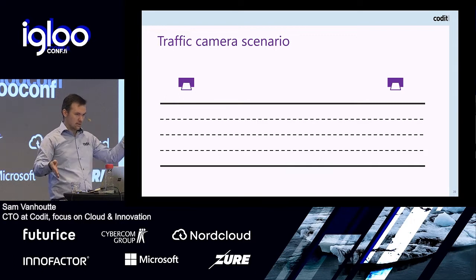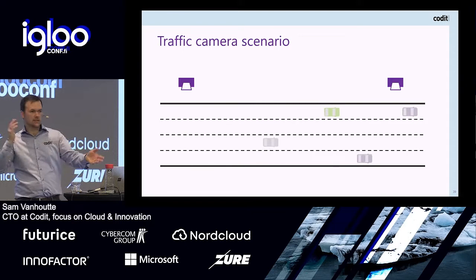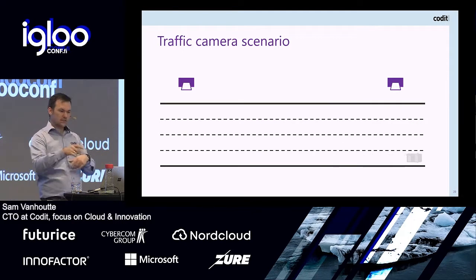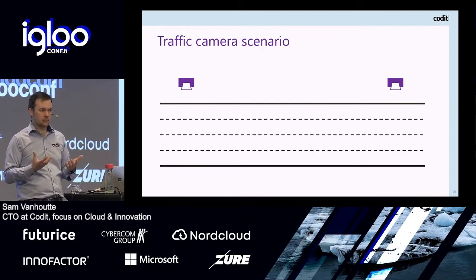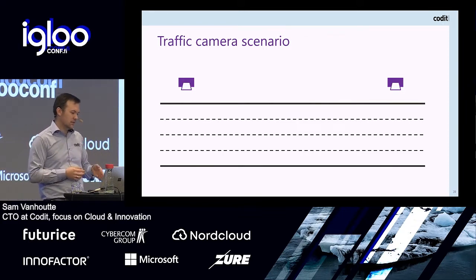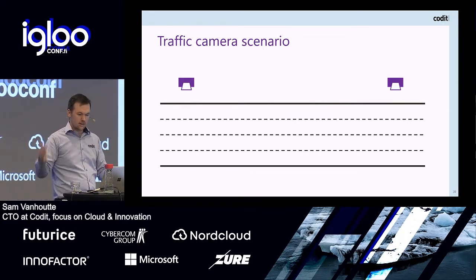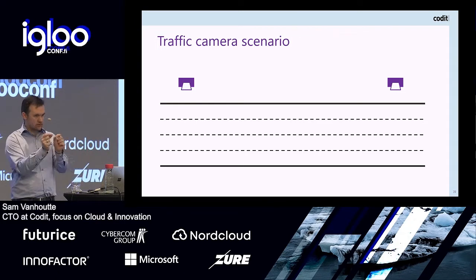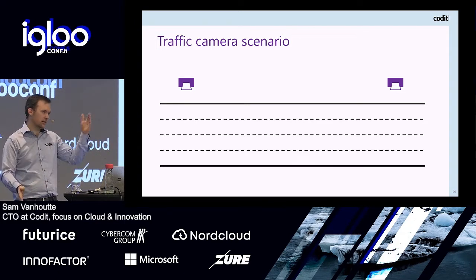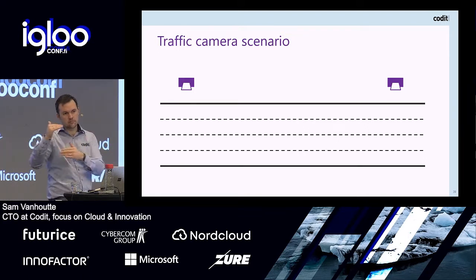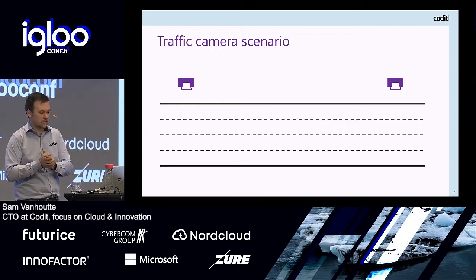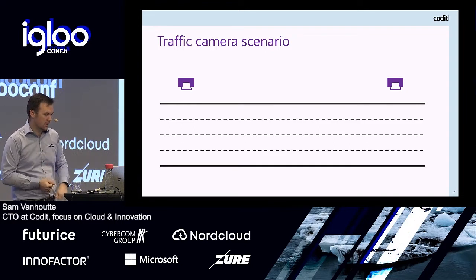They scan things, but of course, in that segment, as you can see, you have cars that speed faster than the others, so it's not a sequential thing. This is a typical scenario for stream processing. So they scan the plate at the beginning and end, and then they take the difference of time. When did you pass here, when did you pass there? And that difference cannot be less than the maximum driving speed allows. That's as simple as that.